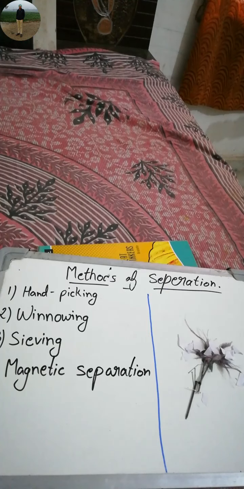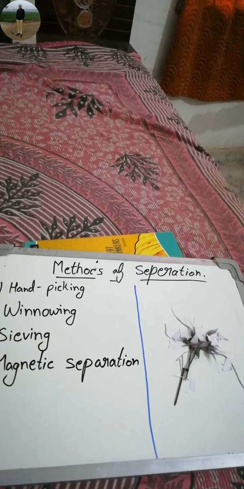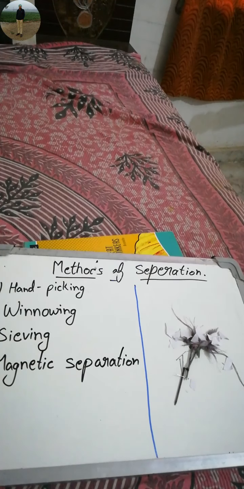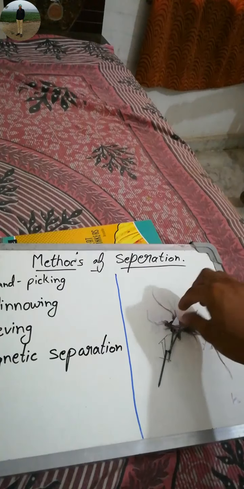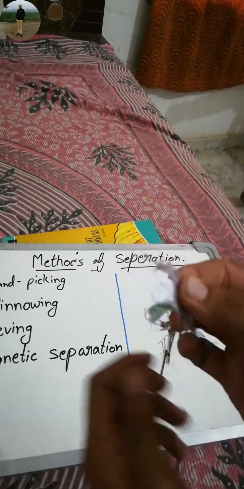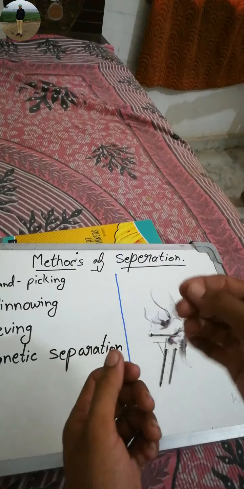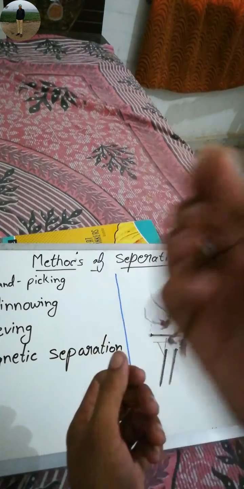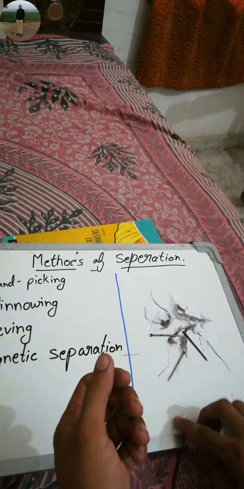The fourth one is magnetic separation. This method we use to separate the iron pieces from a mixture with the help of a magnet. Again, mixture is prepared by mixing 2 or more components. Now I have a mixture here. As you can see, I have paper and a cloth, 2 components. One I have these small iron nails, and I am having the bigger iron nails. So there are 4 components.